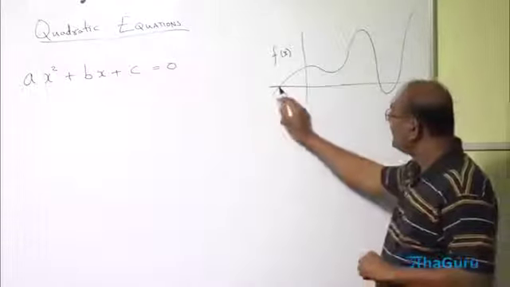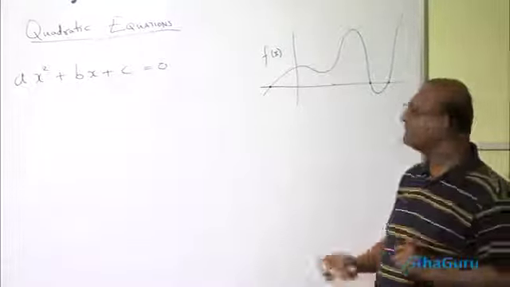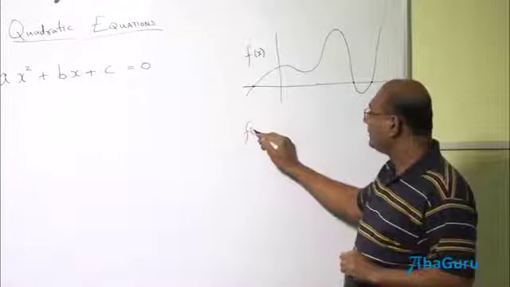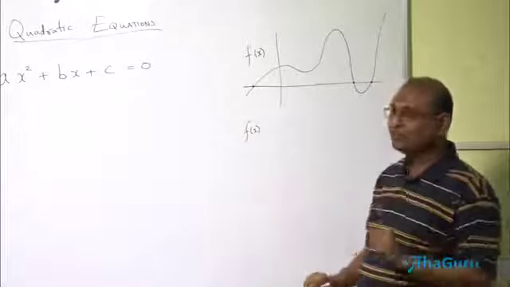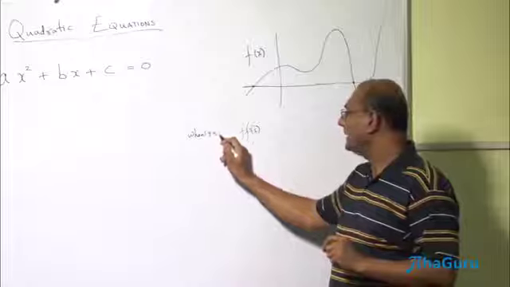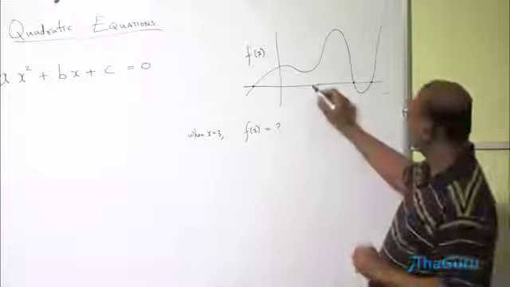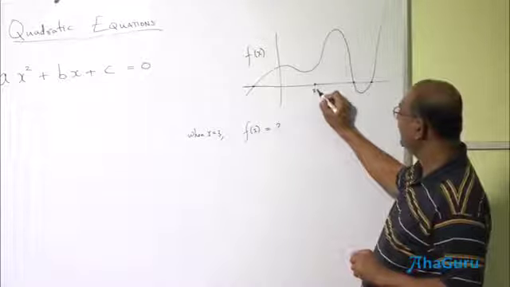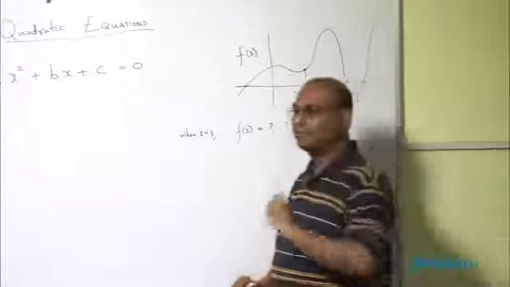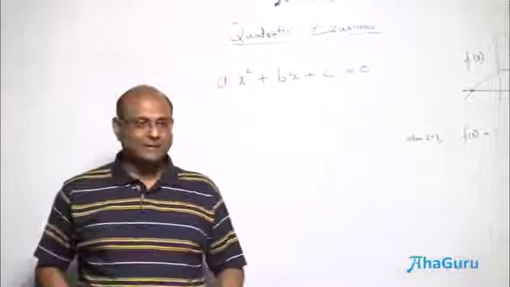We are interested in when it crosses the x-axis. The reason we are interested in this is not because when it crosses is such an important thing. One very easy thing to do is, you ask this question, when x is 3, f of x is what? That's the easy question to answer, because if I say x is 3 here, this is f of x. If I want to draw it, I need to find the value of the function when x is 3. What do we call it in basic algebra?